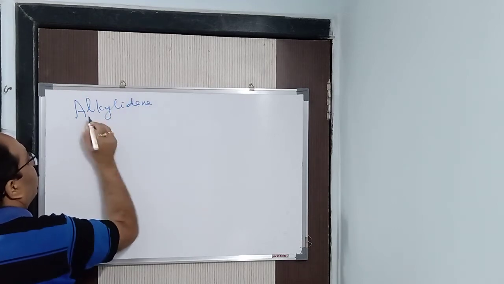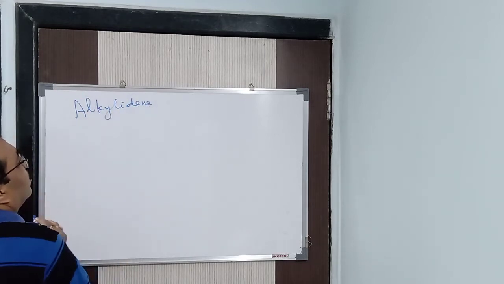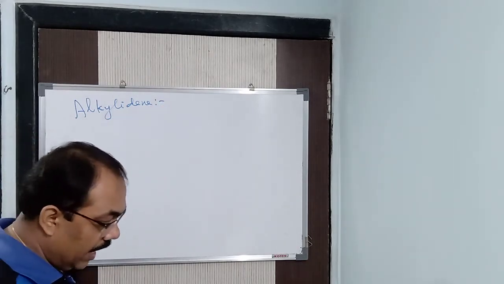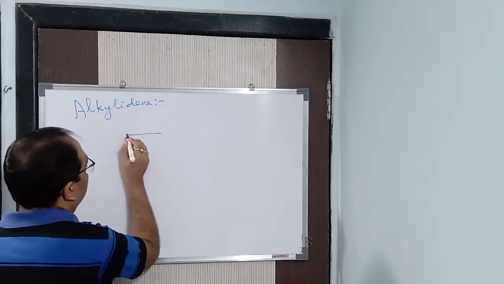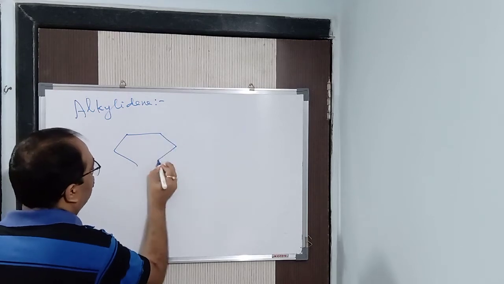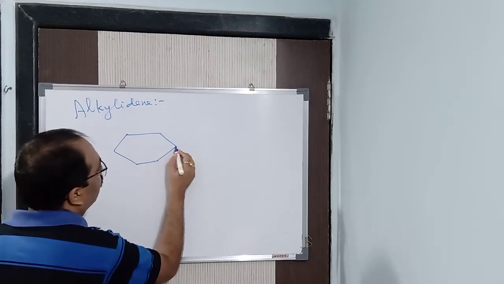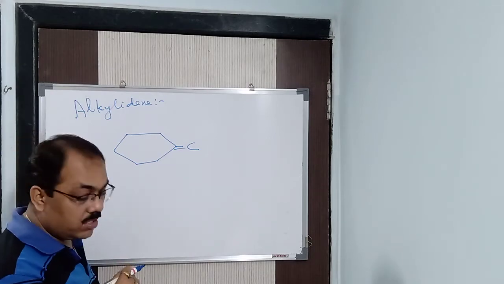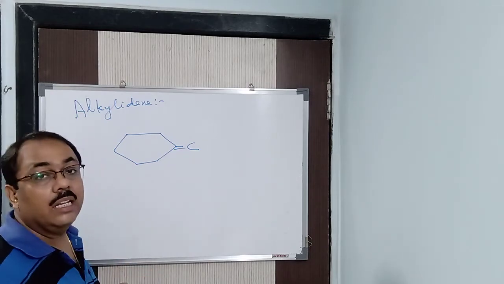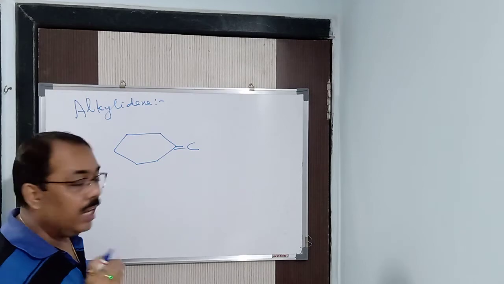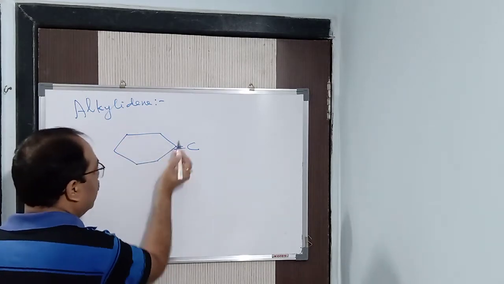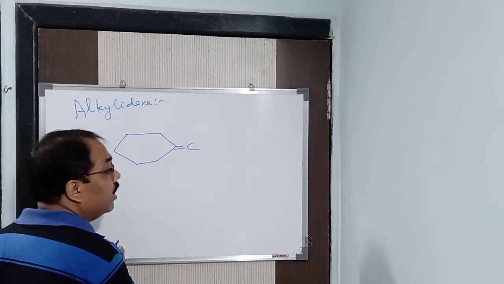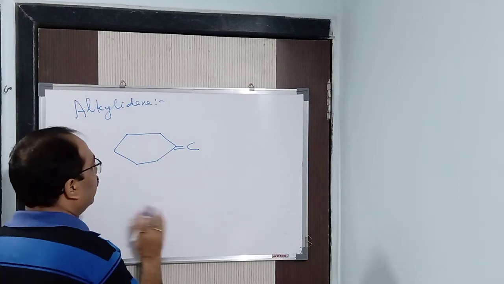Alkylidene. We have some compounds I have given you in nomenclature, that is alkylidene. Now, alkylidene means what? We have an alicyclic ring to which a double-bonded carbon is attached, and that is known as alkylidene. Suppose the alicyclic ring is there and a double bond is there. Double bond C, that is called alkylidene. Okay, fine.